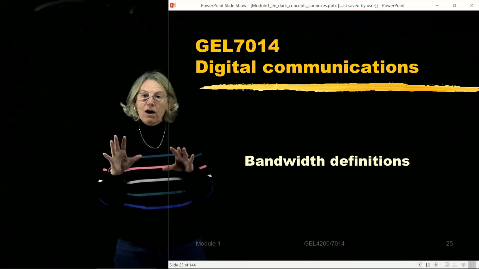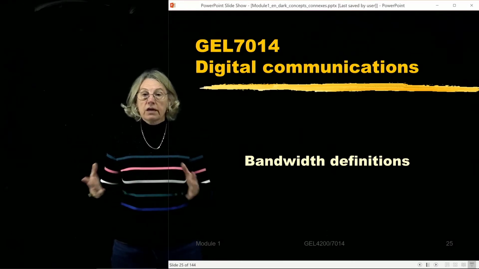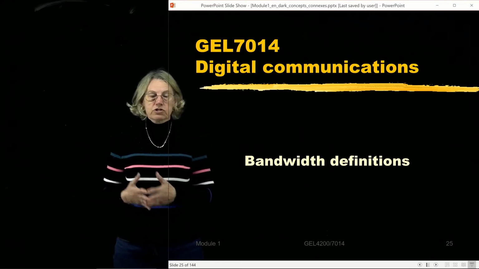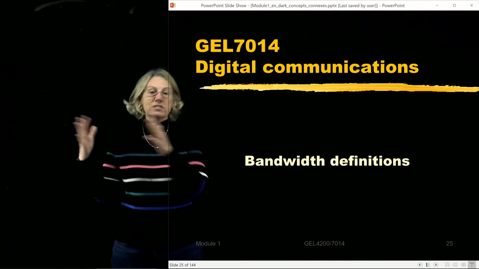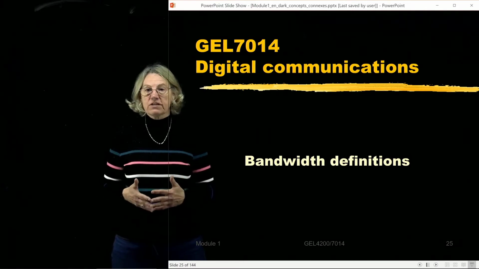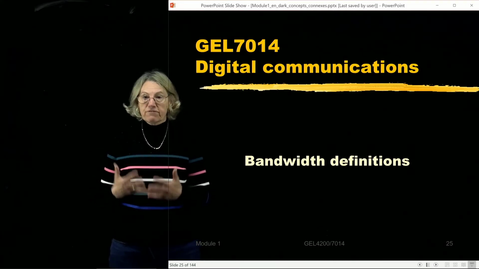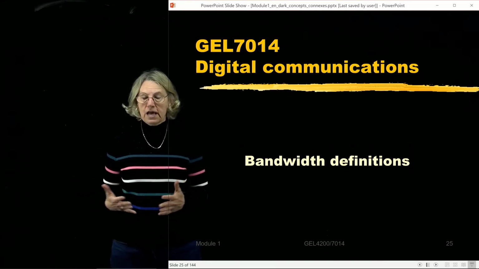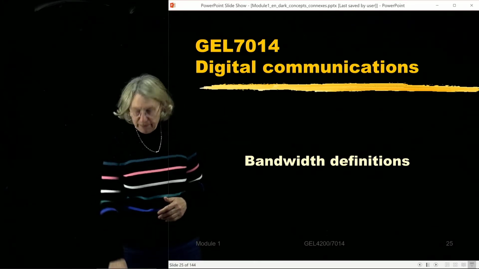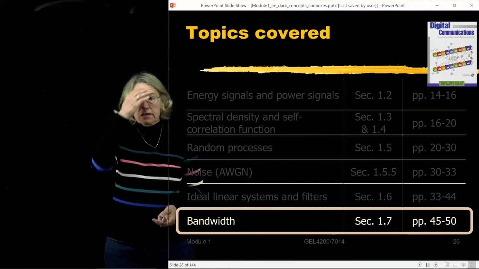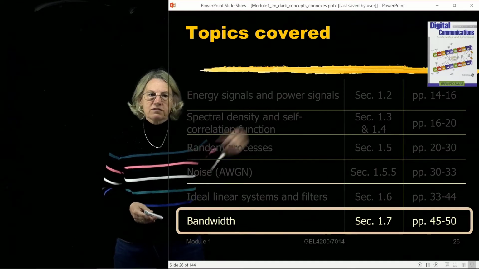And so what we're going to cover now are a number of definitions that you will see when you are working with systems. And if you're purchasing equipment, it will be in the spec sheet for the equipment. It'll discuss what the bandwidth is. And from one spec sheet to another, it's possible that the definition of bandwidth could change. And it might be because for different kinds of systems, different definitions are more appropriate or more useful. And so we take the time now to go through different definitions of bandwidth. So this information is covered in section 1.7 of our textbook from Scholar.